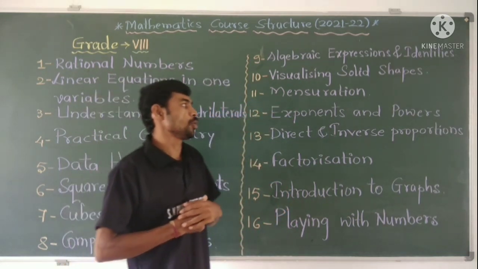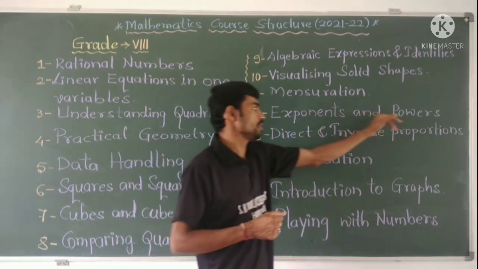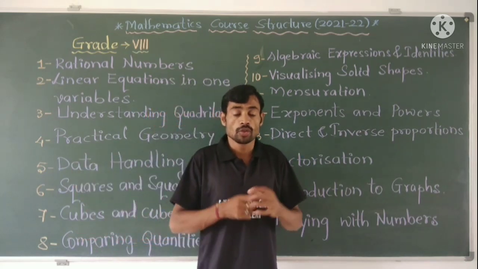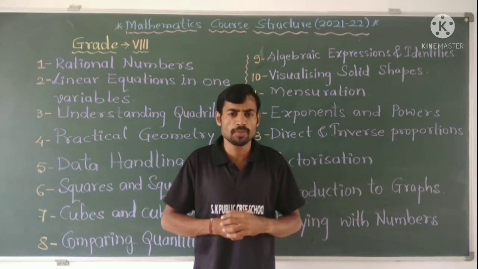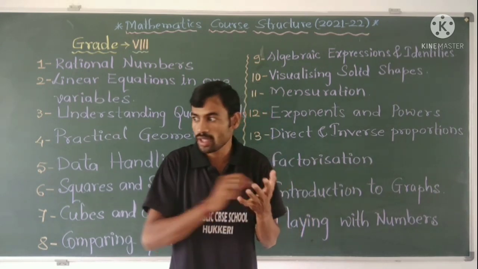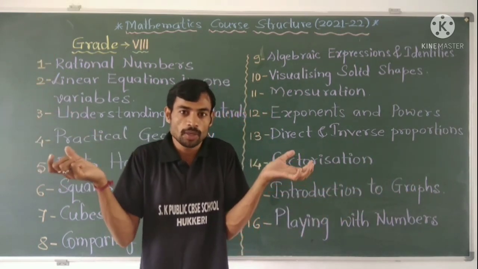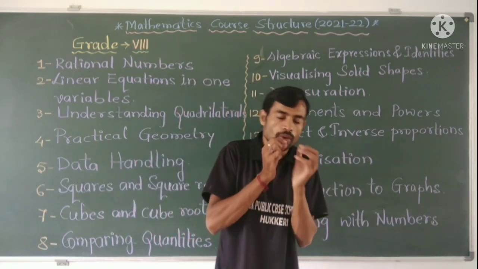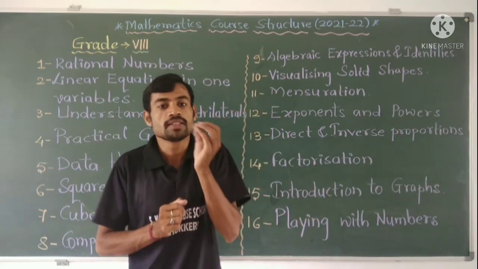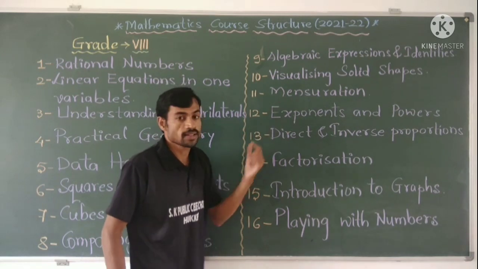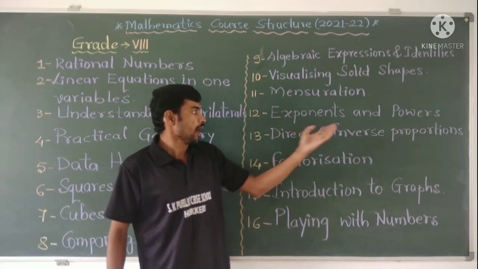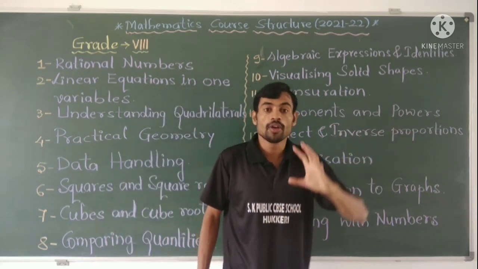Next one is exponents and powers. That is the 12th topic. So there are some numbers that are very big, and they can't be written in a big way. If the numbers are very big or very small, we can write them in a short, simplest form. That form is called exponential notation, exponential form, and they are written in the form of powers,